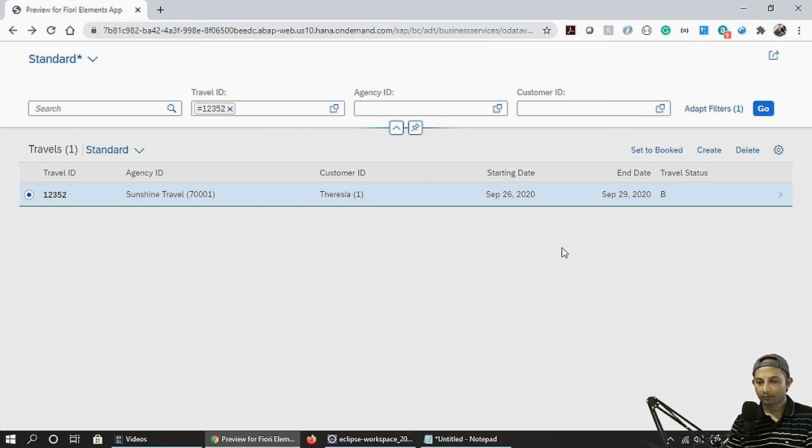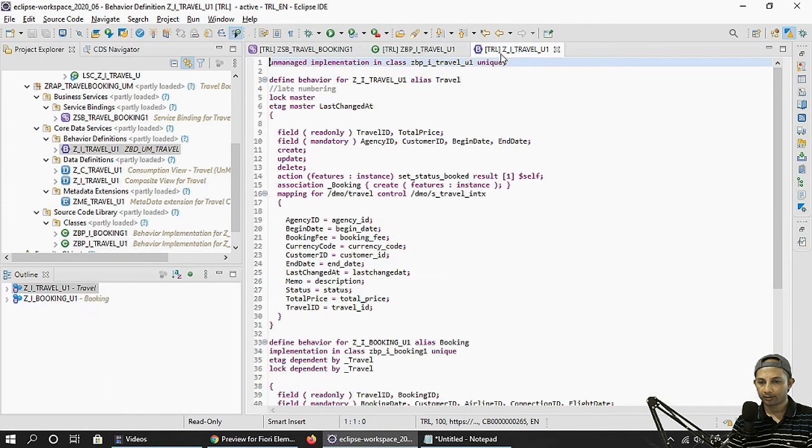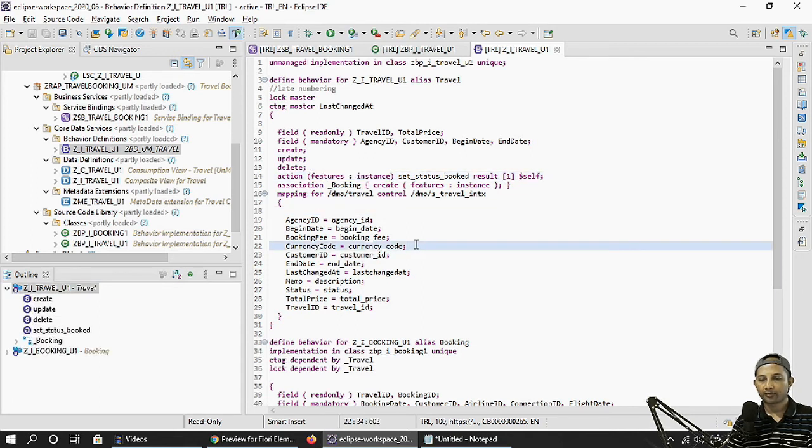Okay, so now to make this button disabled, what you have to do is go to the code page, go to the behavior definition. I told you that time not to focus much on this particular feature instance. We are basically going to attach a feature against that instance on the action item.